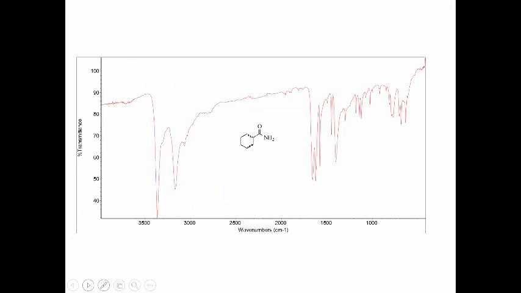Alright, so this is a little different. This is not an amine, it's an amide. And so what we will have is our nitrogen-hydrogen, and then we will also have our carbonyl. So these are two nitrogen-hydrogen bands from our amide, and then we have our carbonyl,